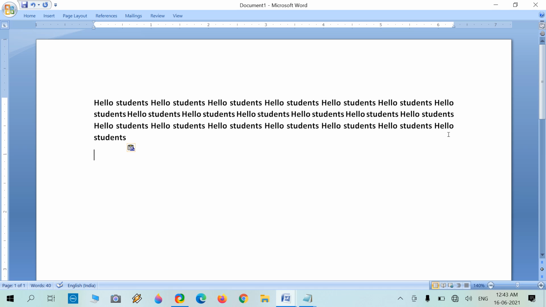The hello is on the 3rd line and students will move to the 4th line. This is the effect of justification on a paragraph. There are no extra spaces above, below, left or right. It is known as justify.